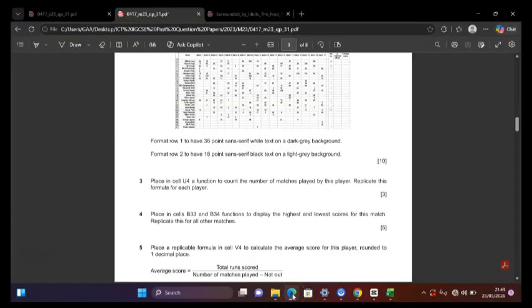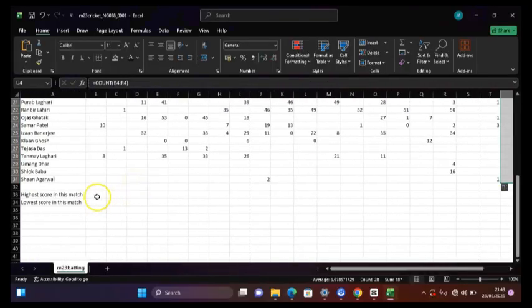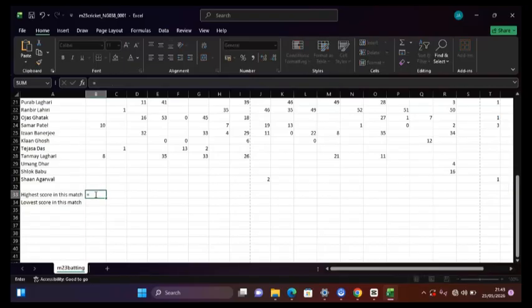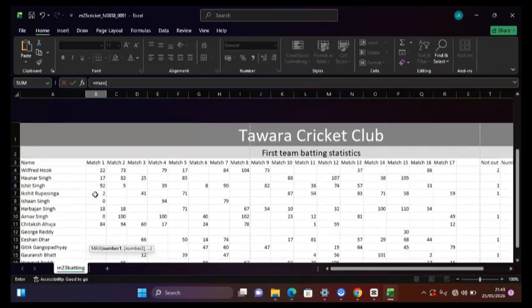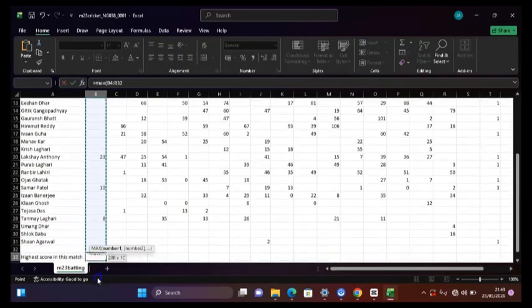Next up, we're doing question number 4, which says place in cells B33 and B34 functions to display the highest and lowest scores for this match. Replicate this for all other matches. So this is B33. For highest, we'll be using the MAX function, open brackets, and we highlight all the players in match 1